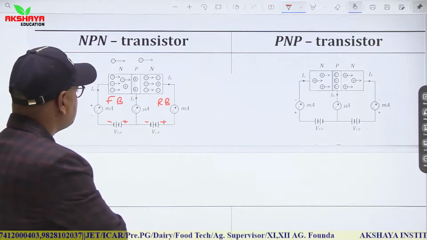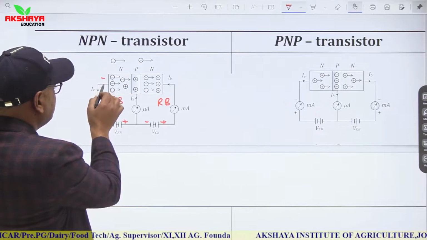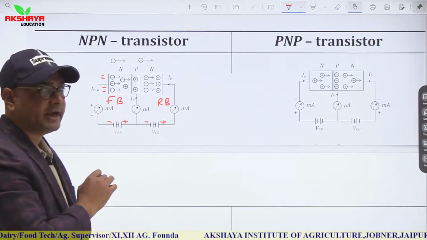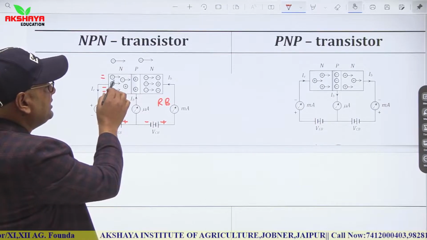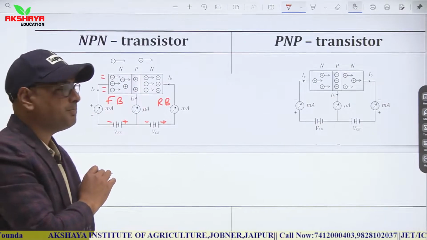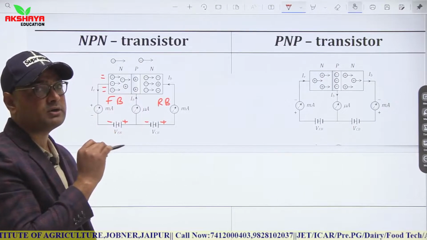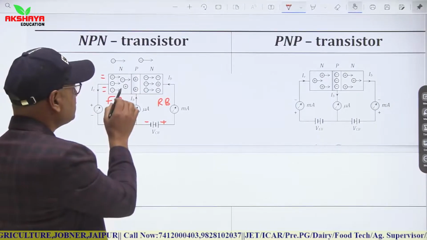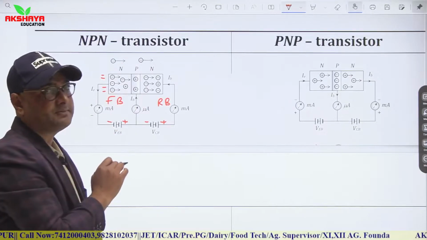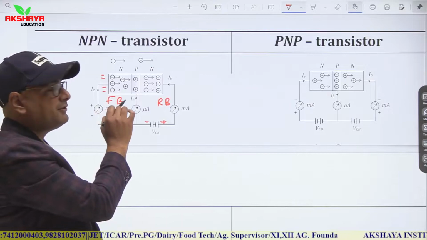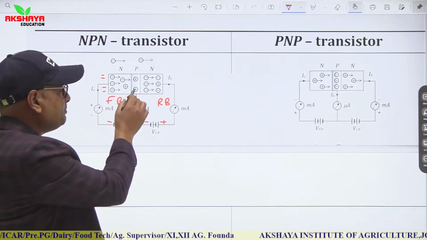Here, as it is connected with the negative terminal, there is an excess of negative charge outside the N region. Due to this negative charge, free electrons of the N region are repelled and they move towards the P region. When these electrons pass through the P region, which has holes in excess, the holes capture electrons, that is, negative charge, in the P region. Due to that, a deficiency of negative charge is created, and simply a deficiency of positive charge, or hole, is created in the P region.